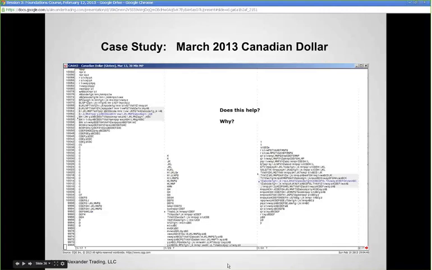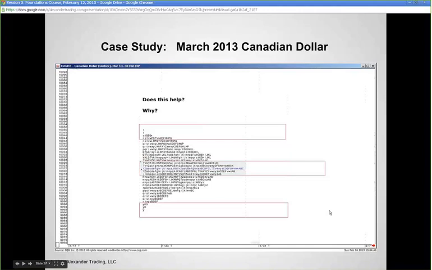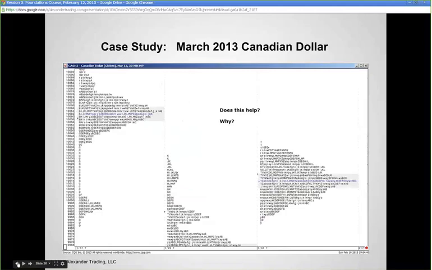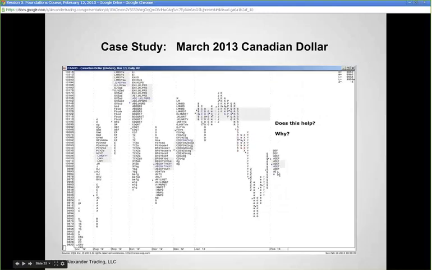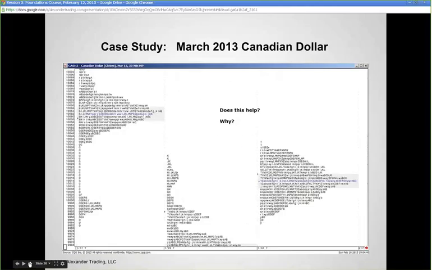Now, when you have put the market into a specific context and you have identified a market condition and you've identified something that might be tradable within that context, then this can become very, very useful. And this is what you end up with. So when we look at this, it is very helpful, given the context in which this is occurring, then to go down to the profile view